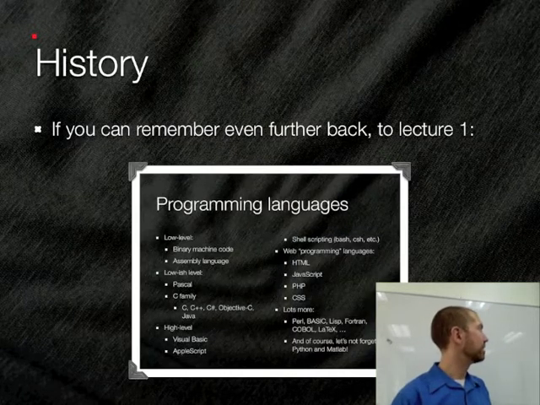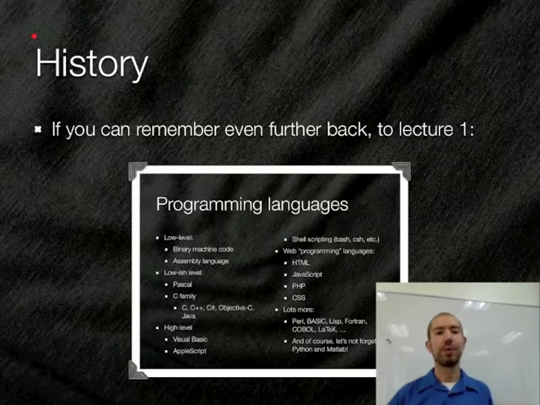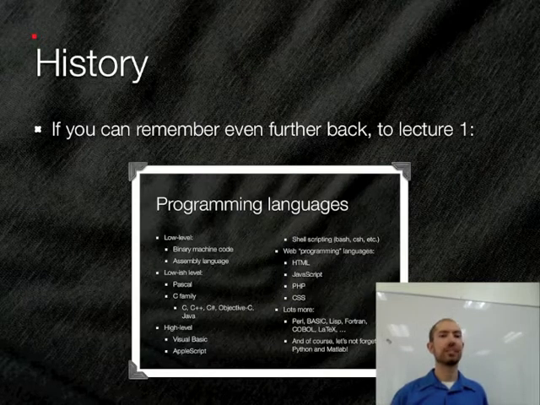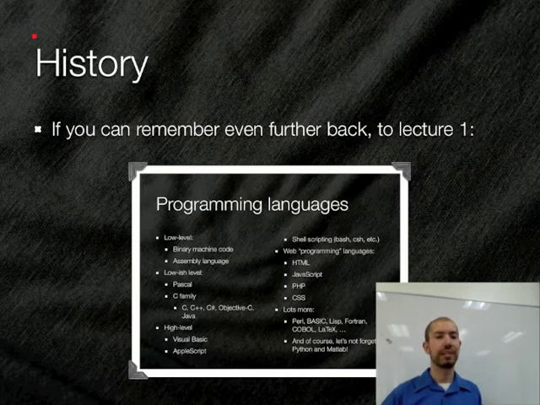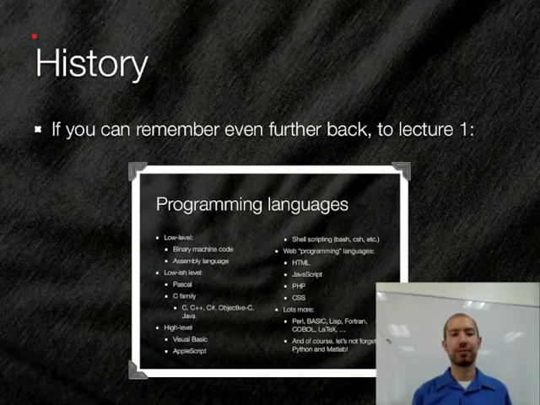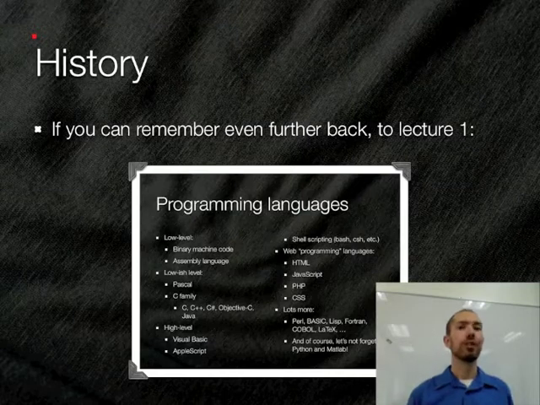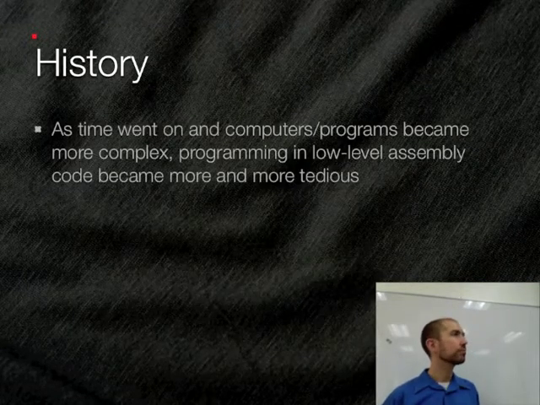So if you remember, I had a list. Sorry if that's hard to read. I don't know why it's a little bit fuzzy. Basically, we had a list of what we called low-level languages, like assembly language. And then there were higher-level languages and so on, right? Nowadays, we have a lot of programming languages that are pretty high-level, still not so high-level that you can just tell the computer to do your homework for you, but we're getting there.